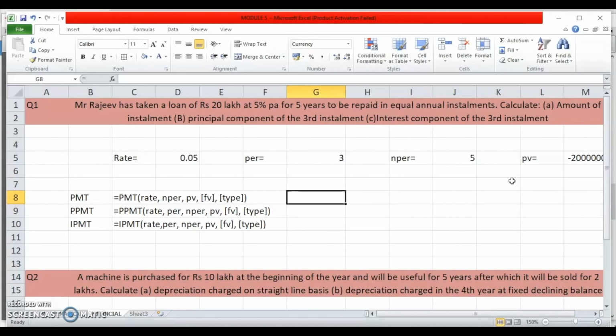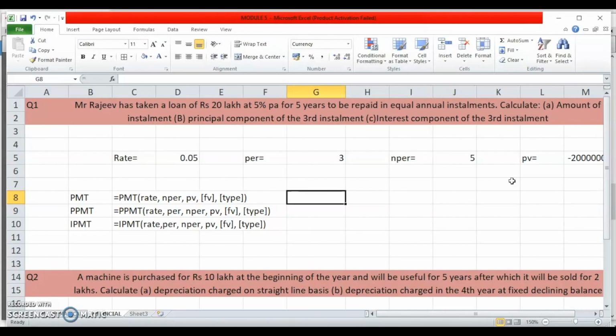Otherwise, students get confused. Having said that, let's look at FV and type. FV is the future value of the loan. Normally, this is 0. Type refers to whether the loan installment is to be paid at the end of the period or in the beginning of the period.